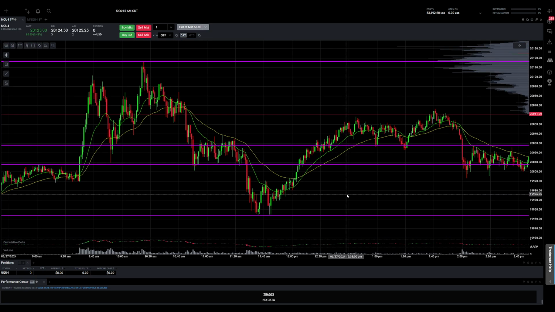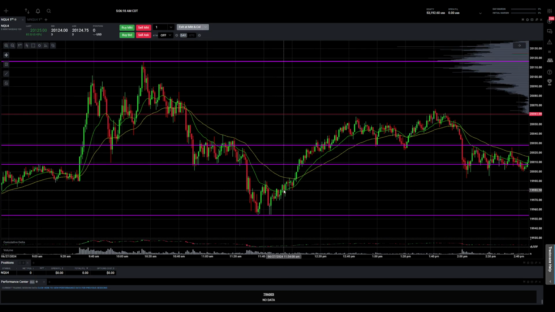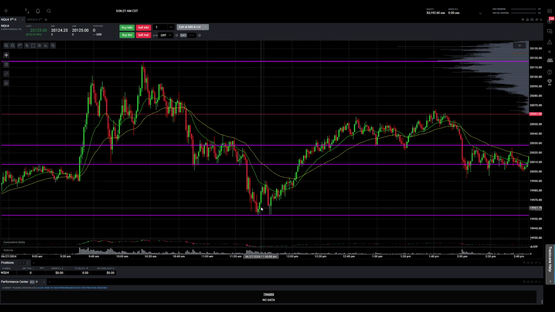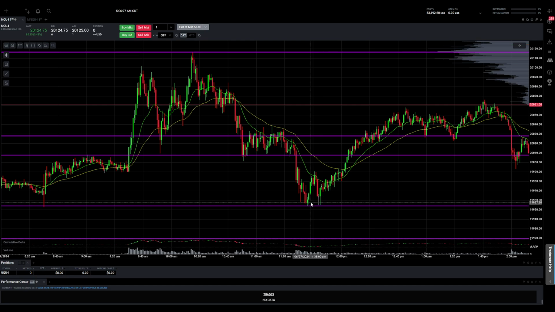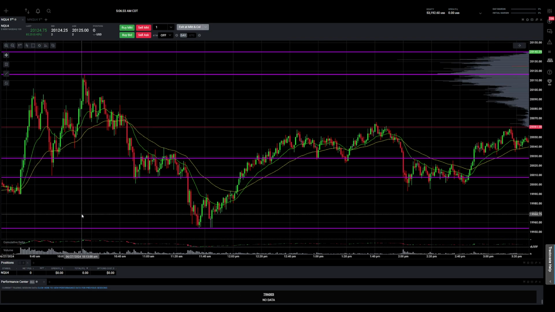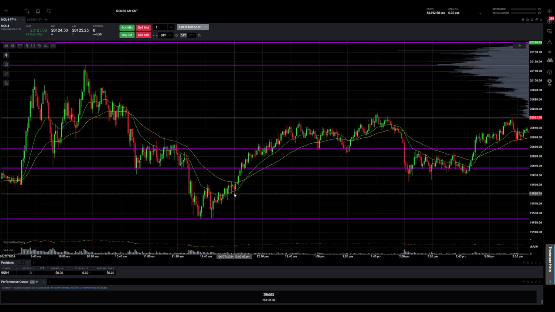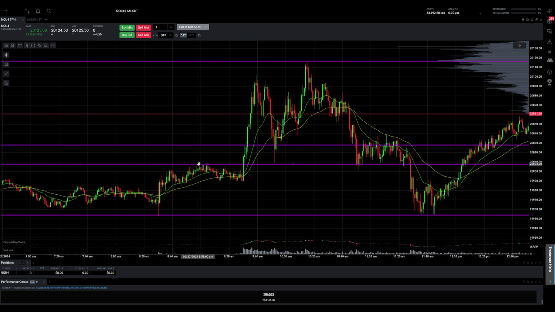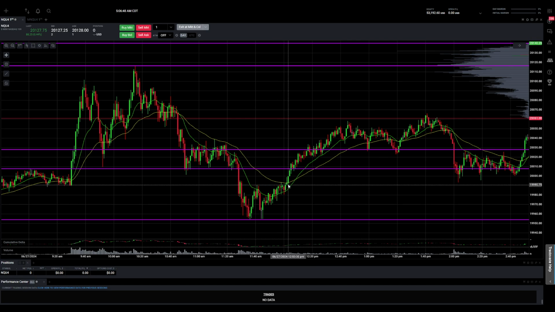We're continuing higher, and just around this range, we saw a lot of buyers who pushed higher, and as it comes down, we know there are buyers at this level. We could have easily taken a long here, and then set a stop loss just below this, because we're going to use that as a previous reference. The market was grinding higher and higher, and then eventually you'll be able to take profit maybe just around here, 20,007, which is the prior high of the overnight resistance. That's an easy move, taking profit at that value from the support down here, or even taking a profit at